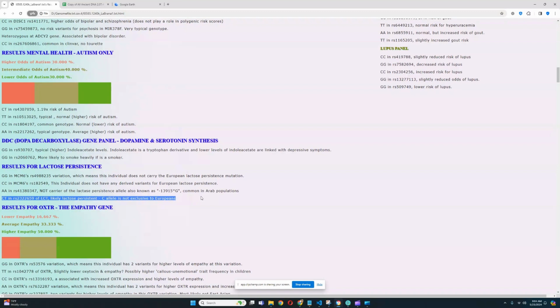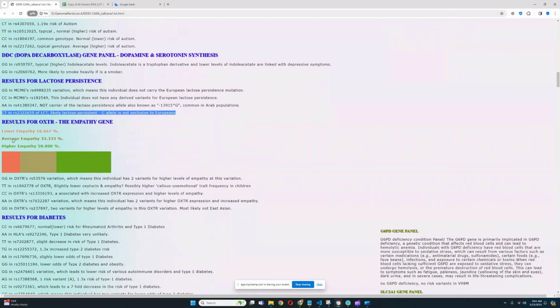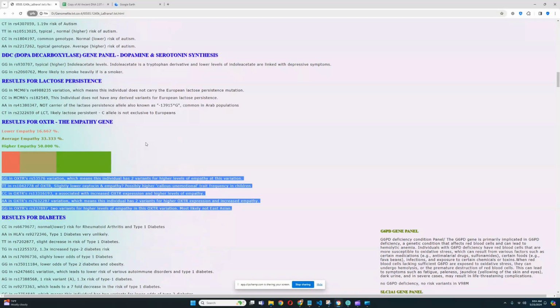So he's most likely lactose persistent based on his genotype, but it's not necessarily a European mutation here. I had to do a lot of research to find this variation. By the way, it's really difficult to find stuff like that. For OXTR and empathy gene, looks like he has a predisposition to higher levels of empathy. So if you take these 5 genotypes into account, he has a predisposition to higher level of empathy, which is